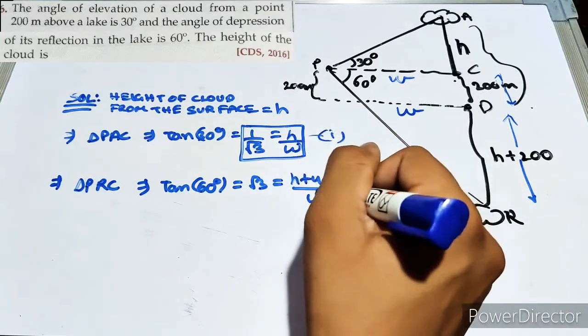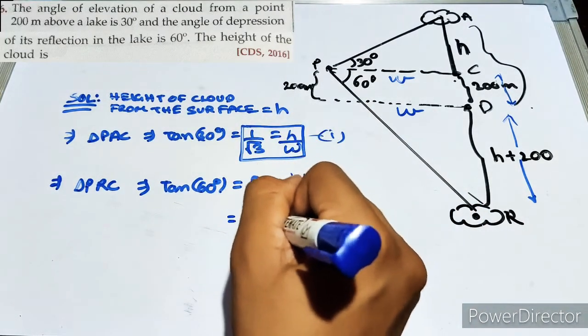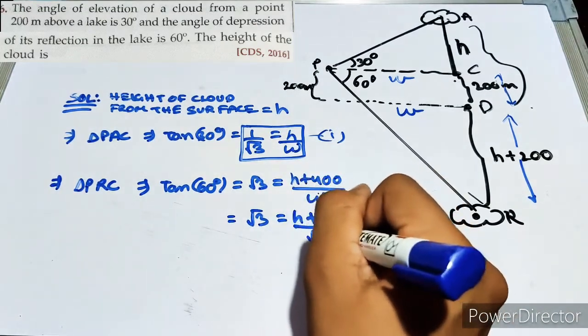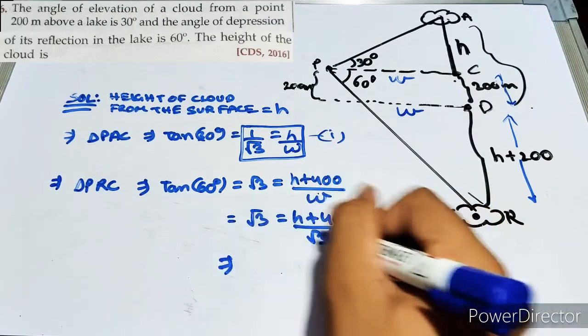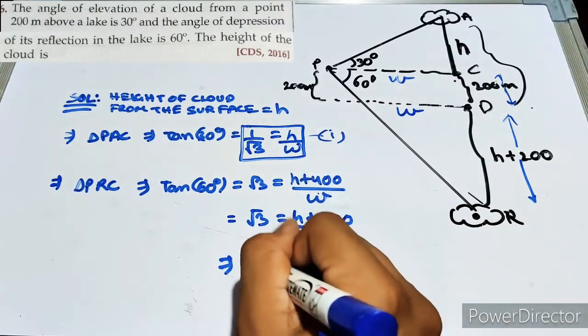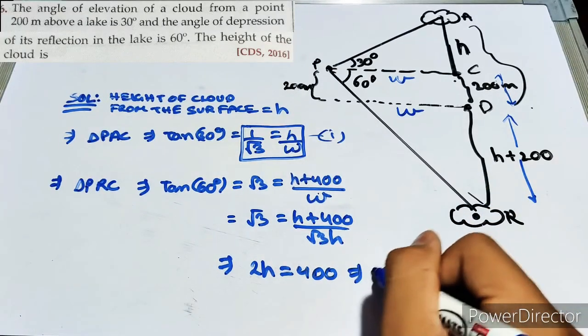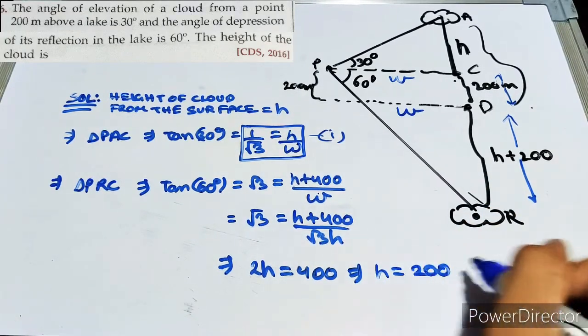W is equal to root 3 h, which implies root 3 is equal to h plus 400 upon root 3 h. This gives us 3h minus h, so 2h is equal to 400, hence h is equal to 200